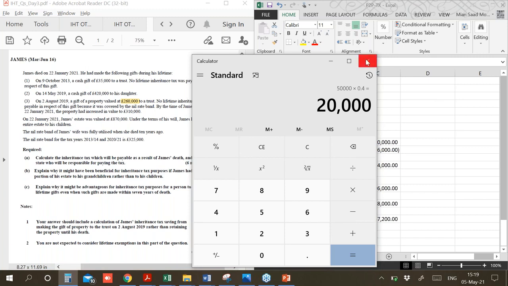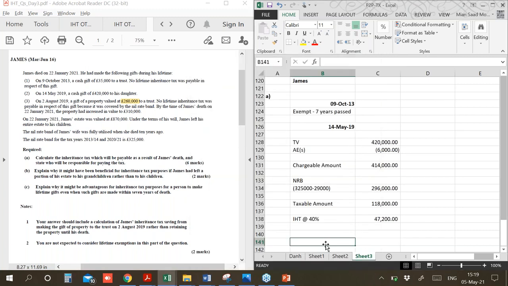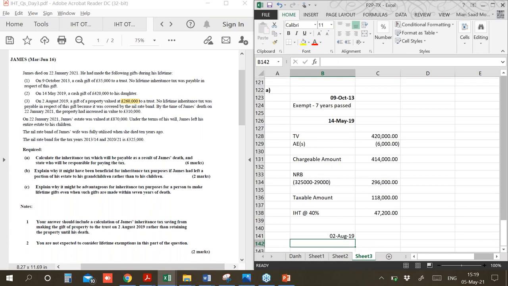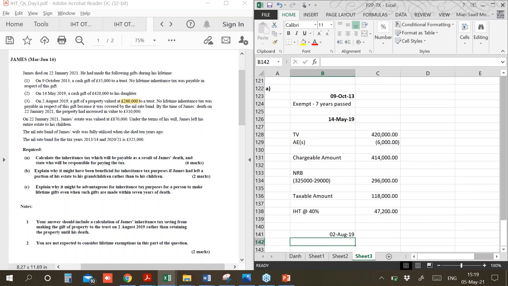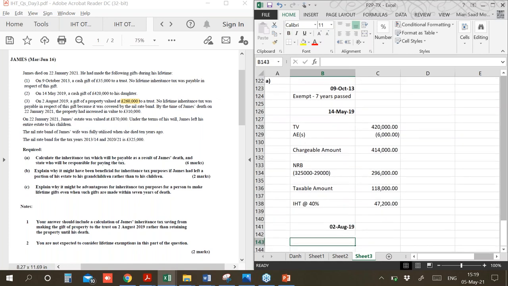Moving on. Now I have to calculate for this part. The transfer is made on 2nd August 2019. I will bold that. Its value is,